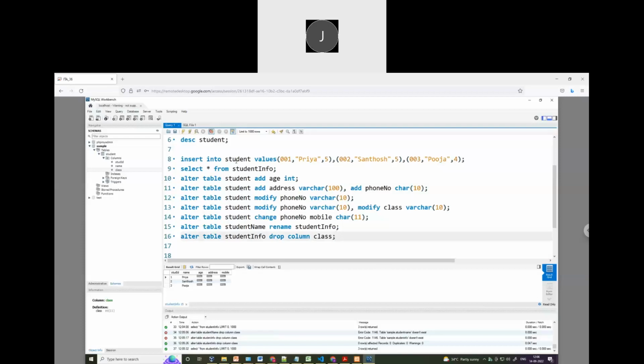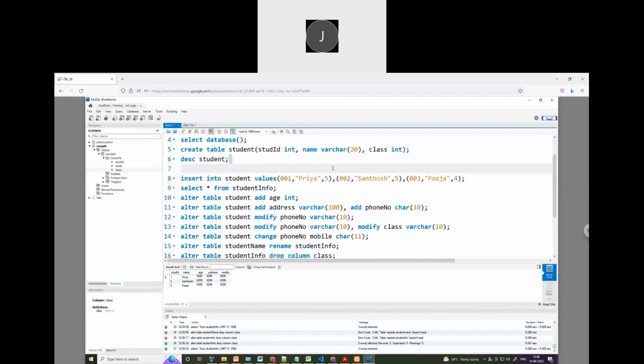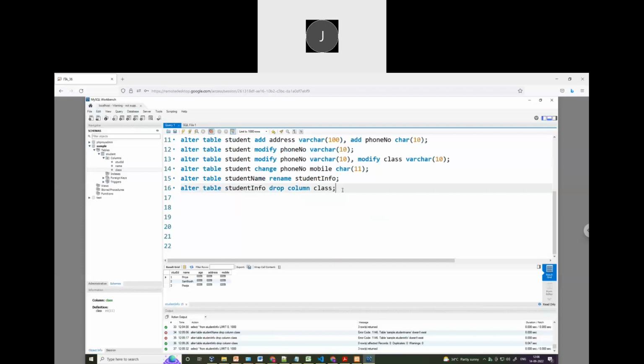Okay, so this table I have added. I have created the table, right? But I have not given any primary key or foreign key to this table, right? Any constraints also, you can do using the alter table command. Okay, alter table. The table name is student info